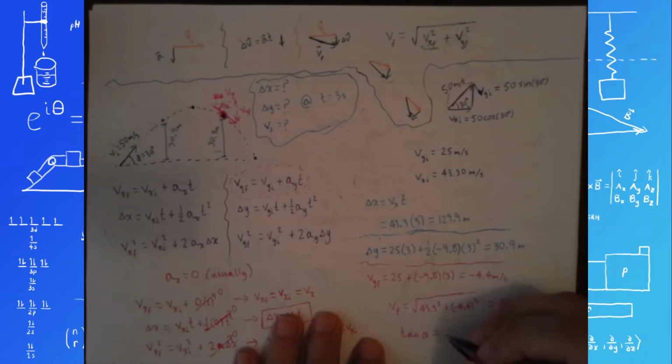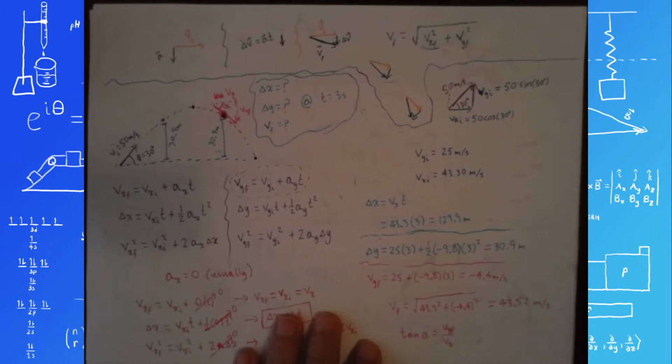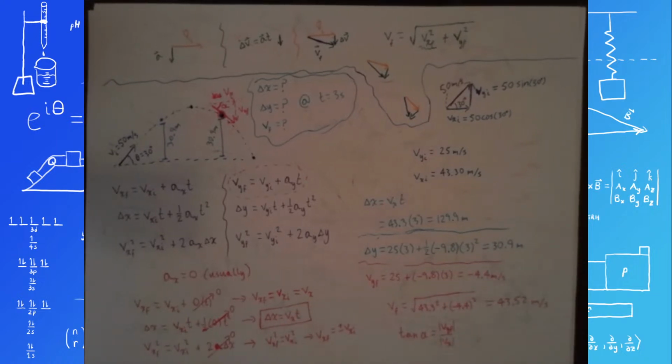If I do Vy final over Vx, technically Vy final here is negative, but I'm just going to use the absolute values and let my illustration decide whether the angle is up or down, which in this case we can clearly see is down. So if I do inverse tangent